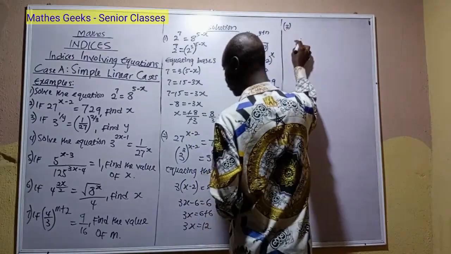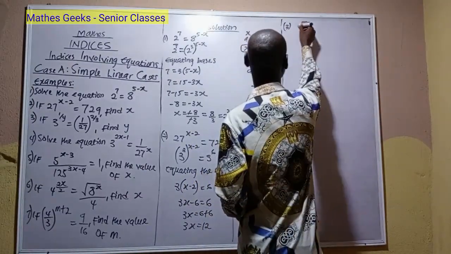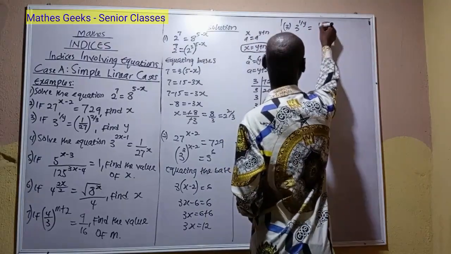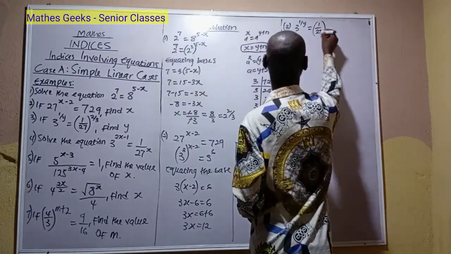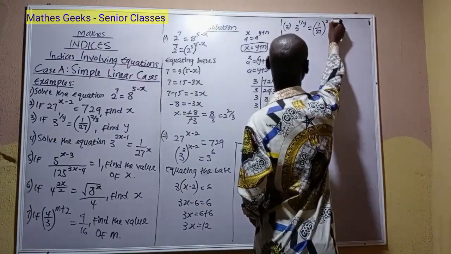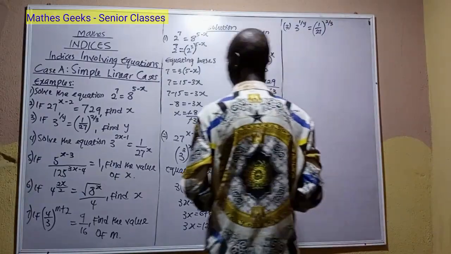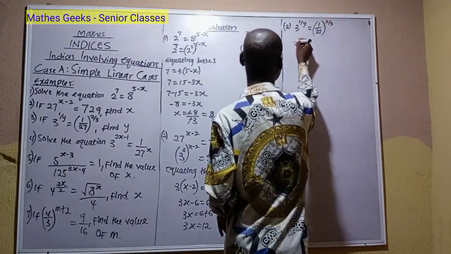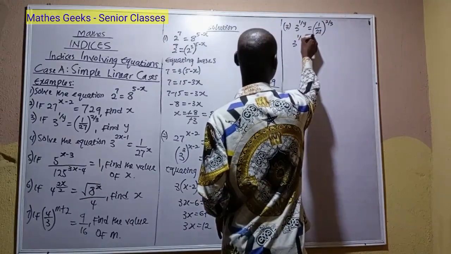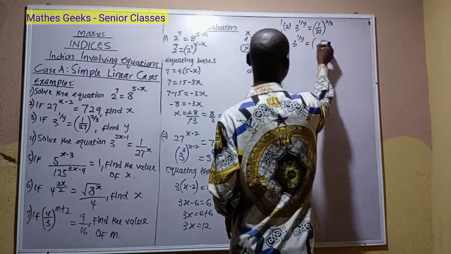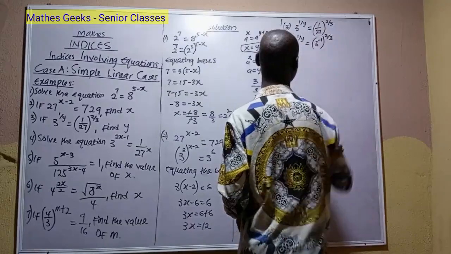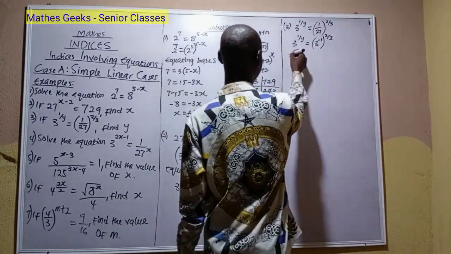Number 3. If 3 raised to 1 over y is equal to 1 over 27 raised to 2 over 3, find y. So you can simplify this. 3 raised to 1 over y is equal to 3 raised to minus 1 times 2 over 3. So equating